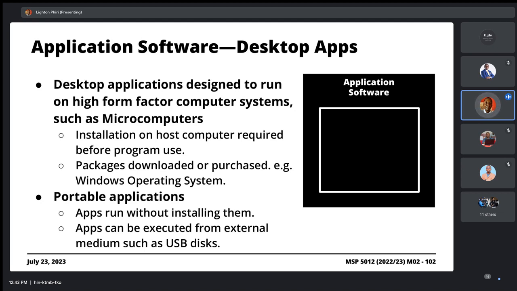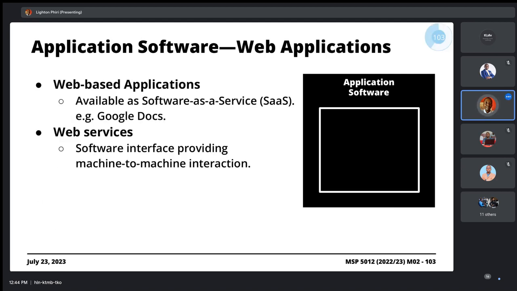I don't know if all of this is making sense to people here, right? But we also have different types of application software called web-based applications. And these are closely tied to these so-called management information systems because of the nature of the application, right?